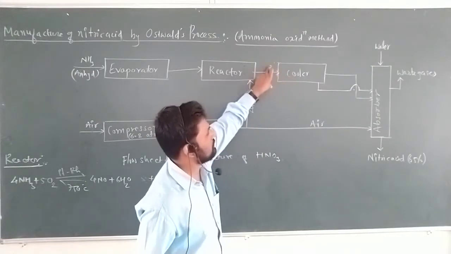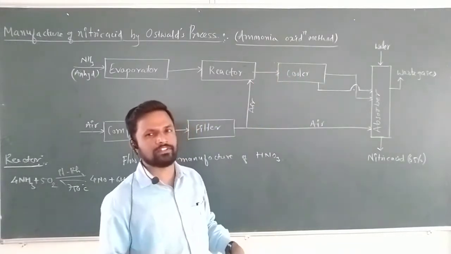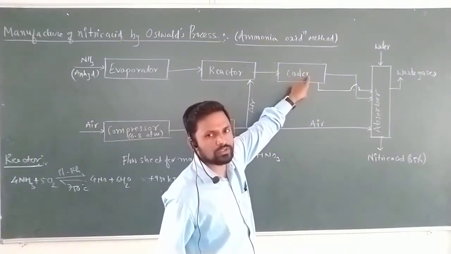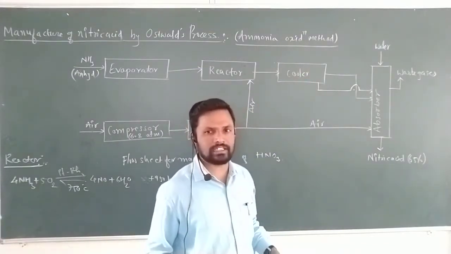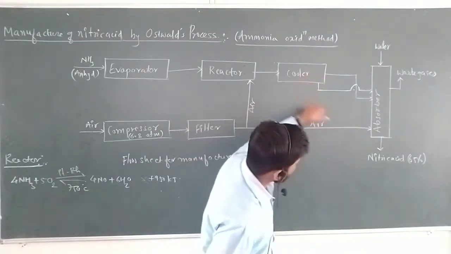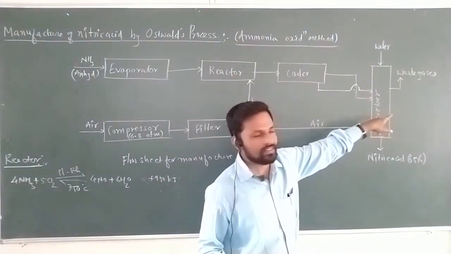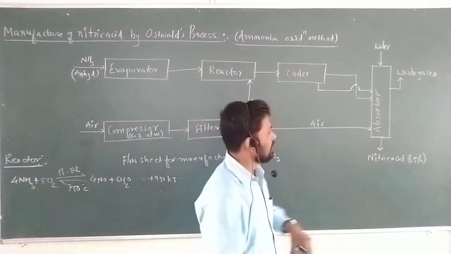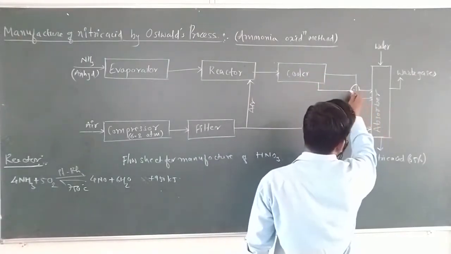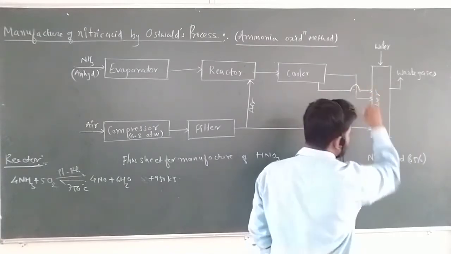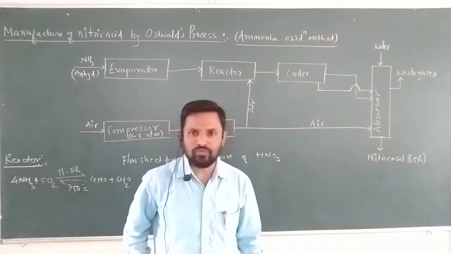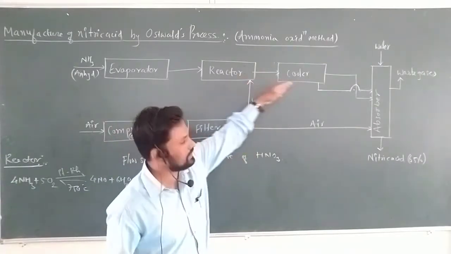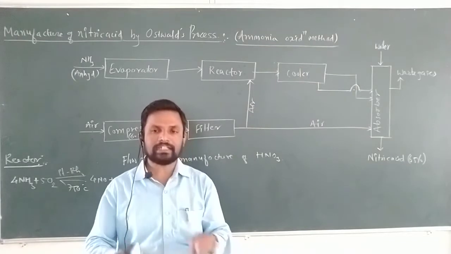Before sending to the cooler, there is a preheater. Preheater means heat exchange takes place, and the gas is cooled down. Likewise, the gases are sent towards the cooler, where all the gases are cooled and sent towards the absorber tower. First of all, you have to cool the gases and send them towards the absorber tower. Before the absorber, there is an S-type condenser, where the nitric oxide and the excess oxygen pass through this cooler.